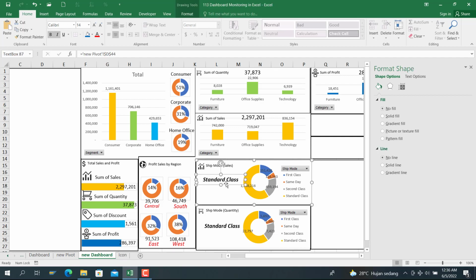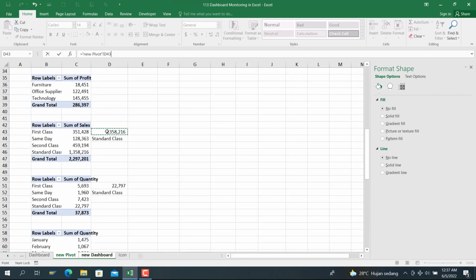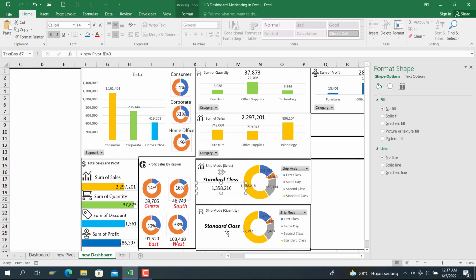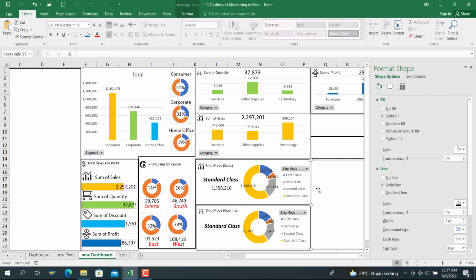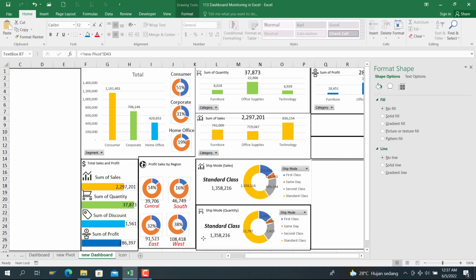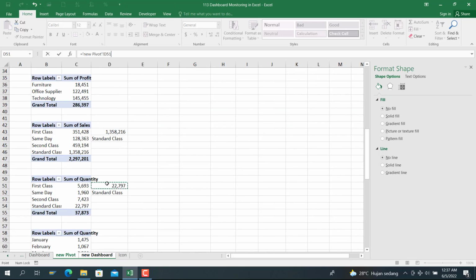And then we need the quantity maximum here. Sorry. Copy this standard class here. Paste it in here. And change the reference. Ship mode cells is the maximum is here. By cells and by quantity is copy, paste, move it down here, change the reference to new pivot here, this one,